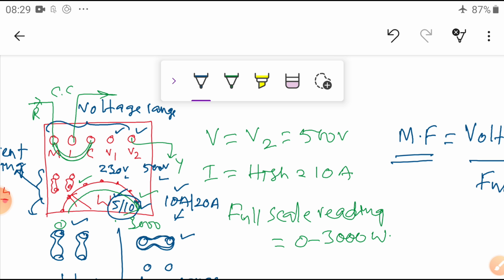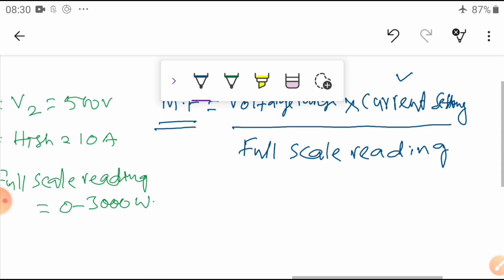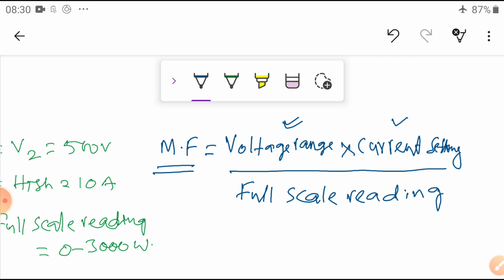There are two ranges. V1 is the 230 volts range, V2 is the 500 volts range. So, where you physically connected on the terminals, whether V1 or V2. In this case I connected V2. So, that is the voltage. What is the voltage range? This is the voltage range 500, physically connected to V2, into